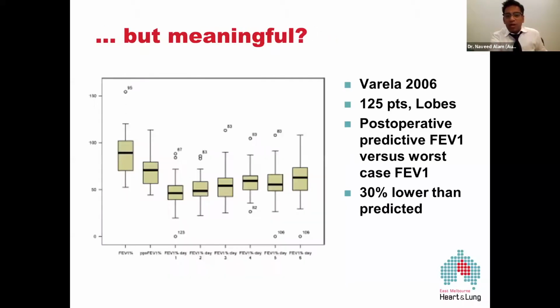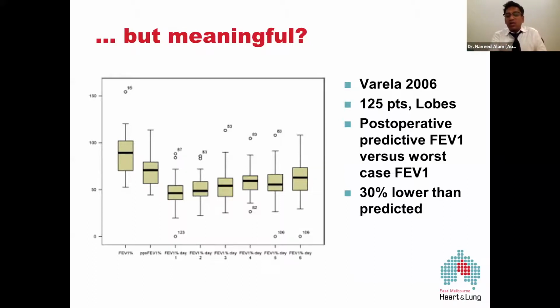And that's maybe where it can help you out. So are these old tests quite meaningful? Well, there's a group that looked at something which is not just the postoperative predictive FEV1, but what's probably more important, what's called the worst case FEV1. And so what you're seeing in this graph is